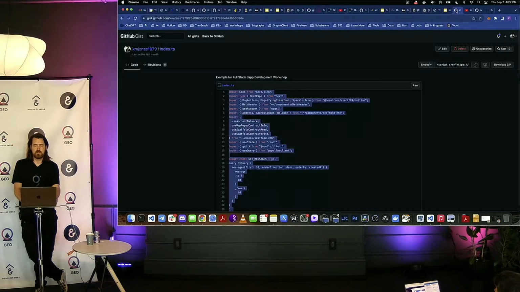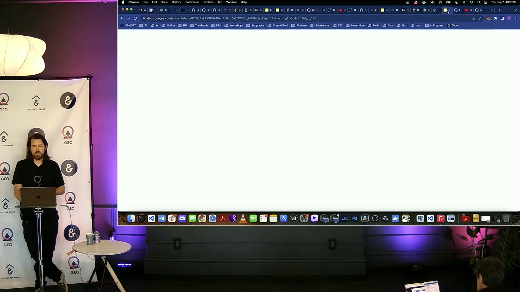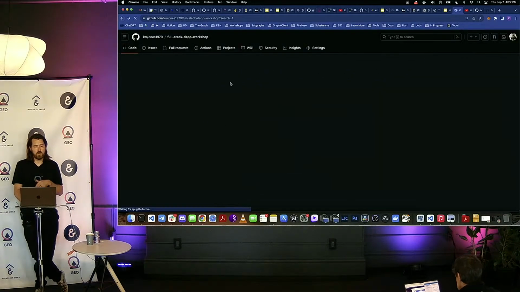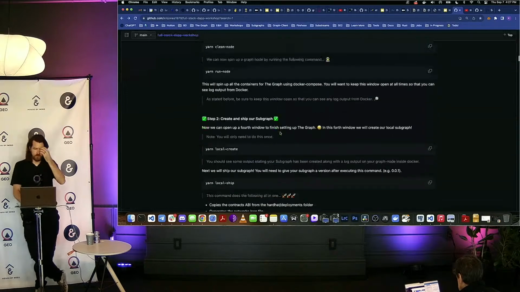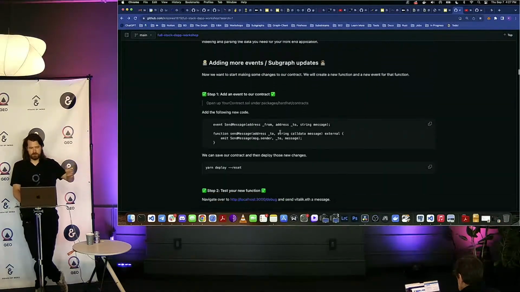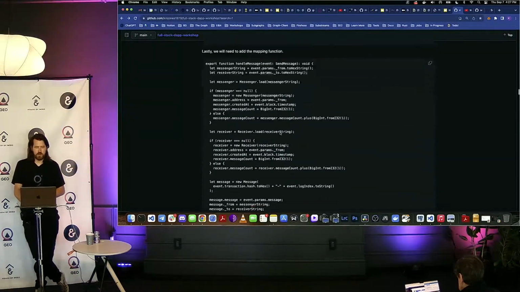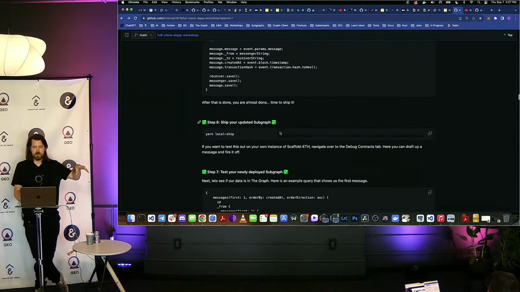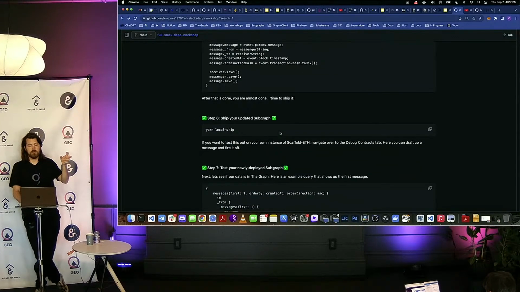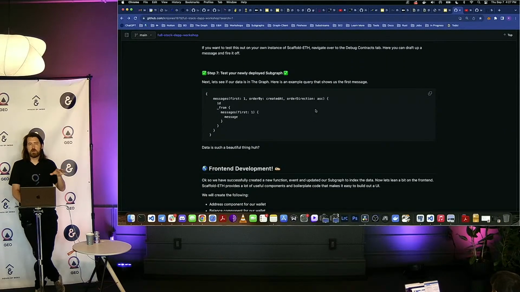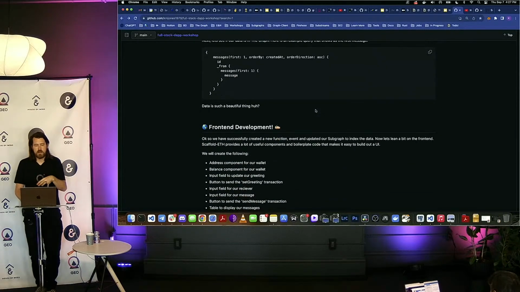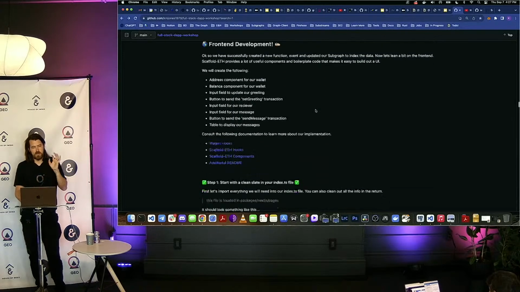So let's just assume that at this point, we want to take our application and ship it out to a testnet, okay? We've gone through, we've built some changes to our contract, we've deployed our subgraph and tested it locally. So we're pretty confident that when we deploy our subgraph to the decentralized network, it's going to be good,